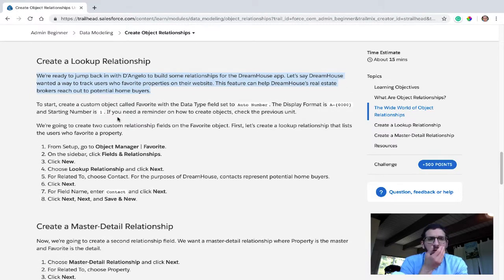Okay, what are we trying to do? Dreamhouse wanted a way to track users who favorite properties on their website. Okay, I favorite stuff on Zillow all the time, so I get this. This feature can help Dreamhouse real estate brokers reach out to potential home buyers. Okay, I wouldn't want them to do that, but